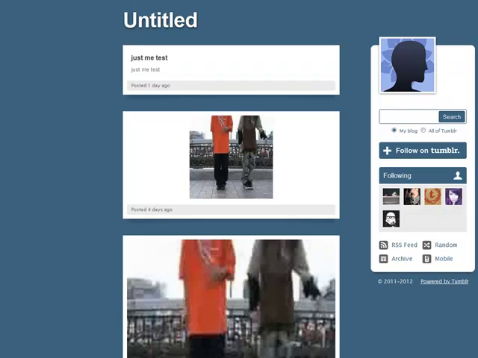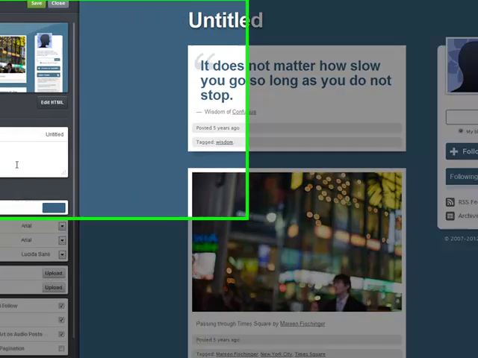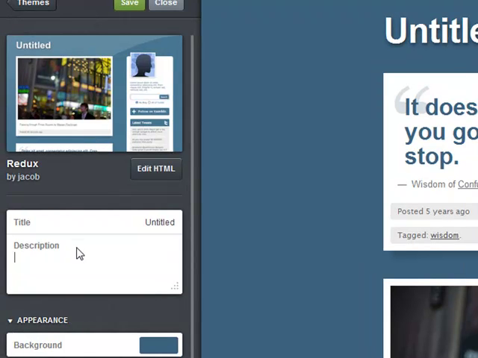I'm going to go over to my actual blog on here. This is a different blog altogether, guys. But if we go over to customize, now this is the description section here. So this is where I normally enter my Google Analytics, and this is where I normally enter my links as